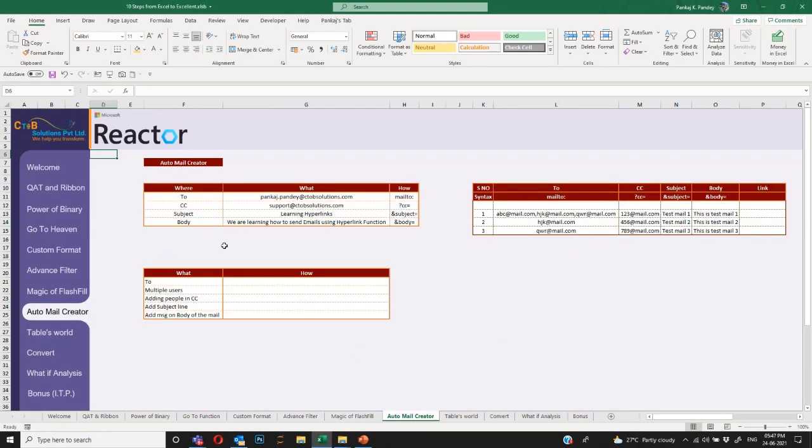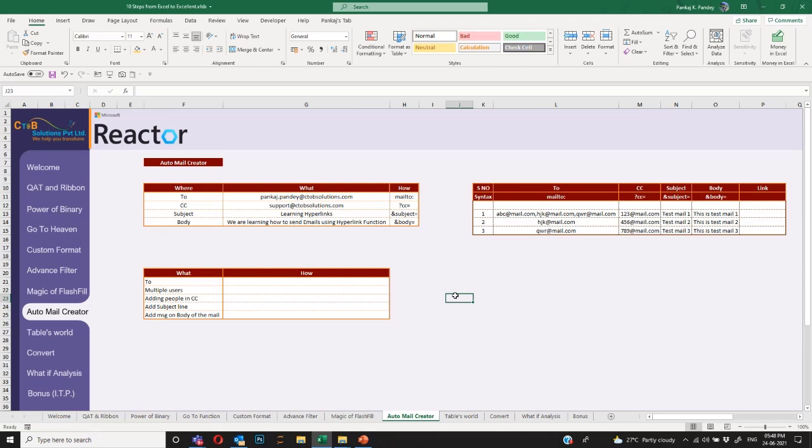Automail creator. Automail creator is a concept where, using just a formula, you can create an automatic mail generator. Most of the time in MS Teams, when you're working on reports, every day you have a specific distro to which you have to send your emails. And every day we go to Outlook, take the previous email, click on reply to all, and use the same thing to draft that particular email.